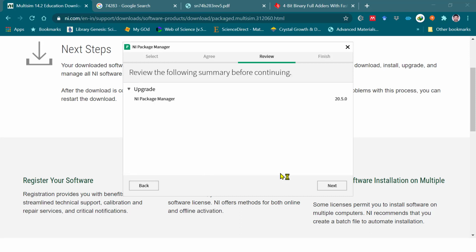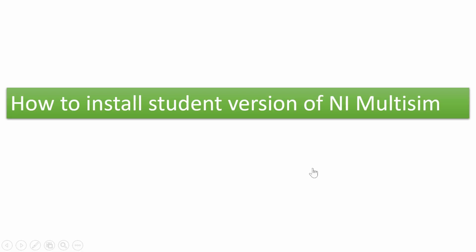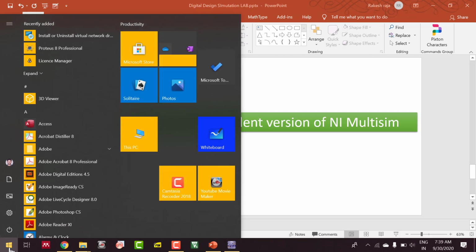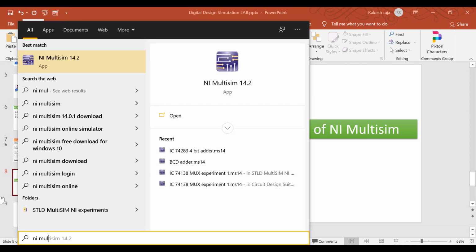Since I already installed it, it's already there, so it is asking for the upgrade. Once you review it, go to next, then go to finish to complete your installation. Once your installation is done, now type NI Multisim. You see the NI Multisim 14.2 version, and run as administrator.